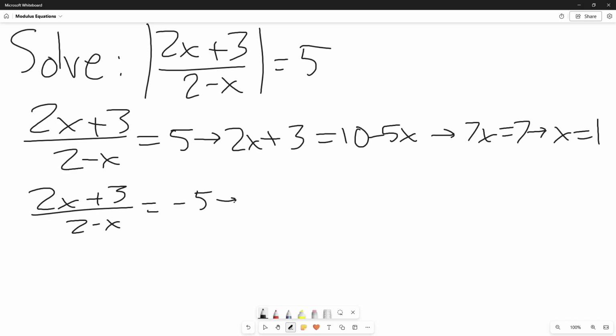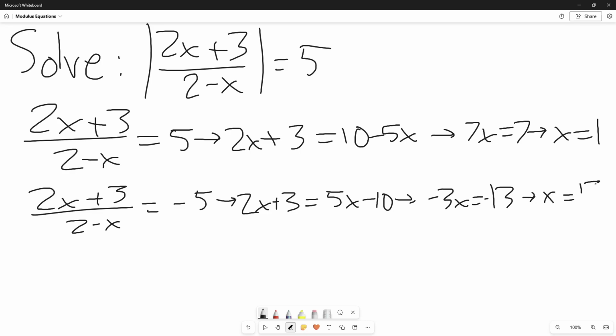So that's one of our solutions, or potential solutions. This one, you get 2x plus 3 equals 5x minus 10, or negative 3x equals negative 13, and this is x equals 13 over 3. So now we have both of our potential solutions, but we're not done there, and we need to plug in